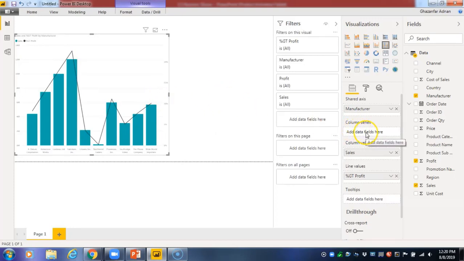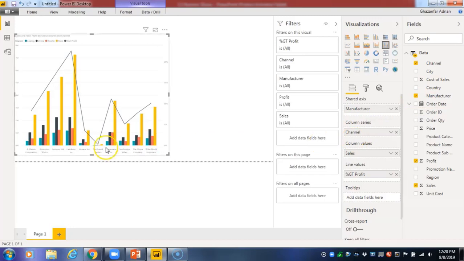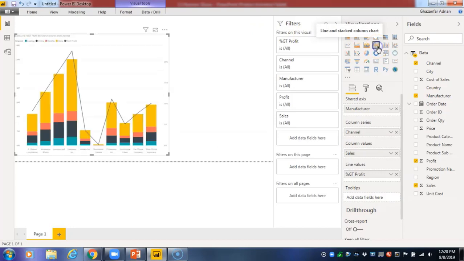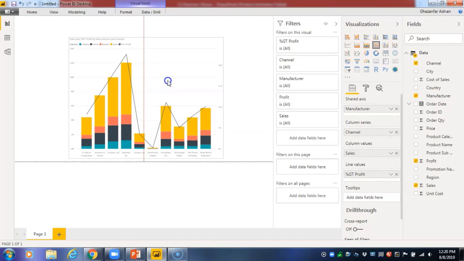So right now when we add in our column series our channel, what happens is that it doesn't look so good. So what we prefer is the stacked column visualization in our combination graphs, and it looks way better this way. So I hope you've understood how to use your combination graphs in different ways and using these two visualizations,